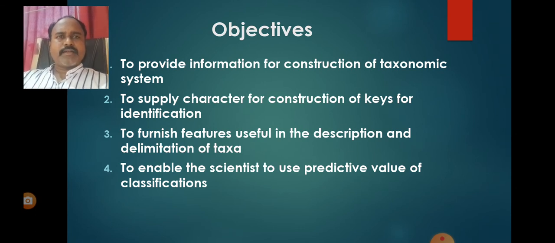Delimiting means what? We can take an example like Hibiscus rosa-sinensis. The hibiscus basically shows monadelphous stamens, a 5-petal corolla, a pentacarpellary ovary, axile placentation, and flower color red or yellow.